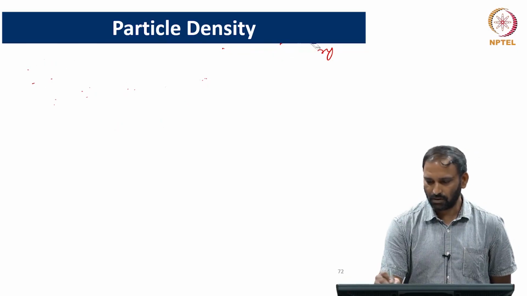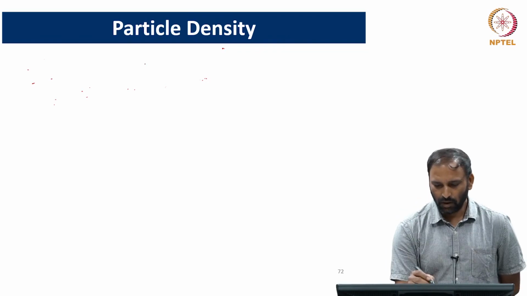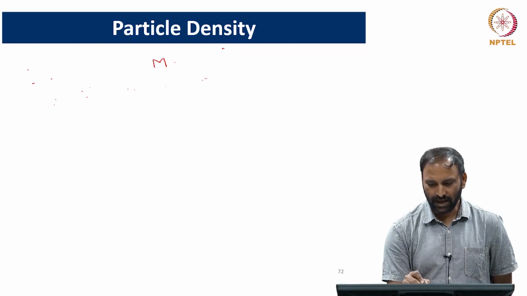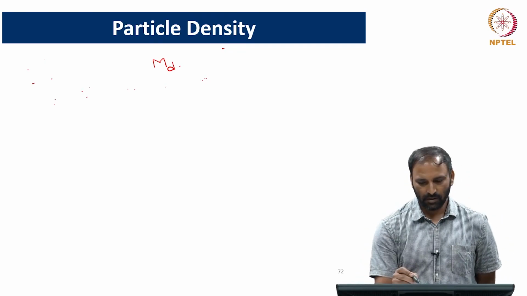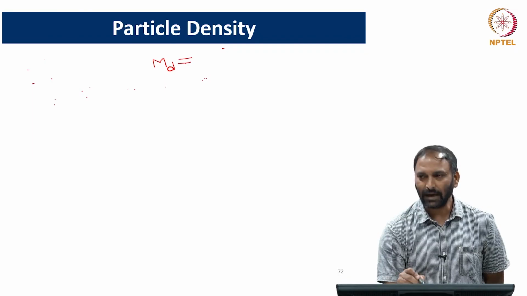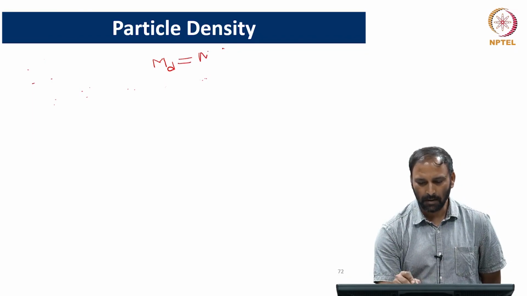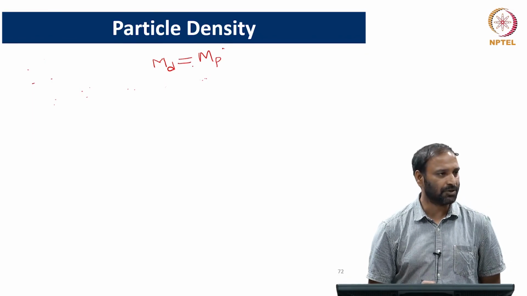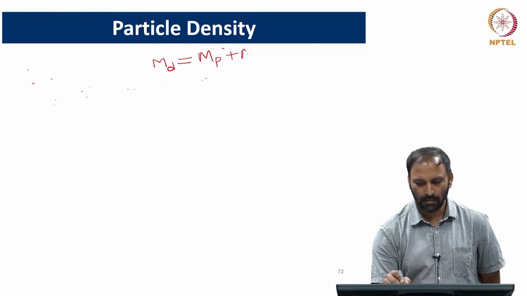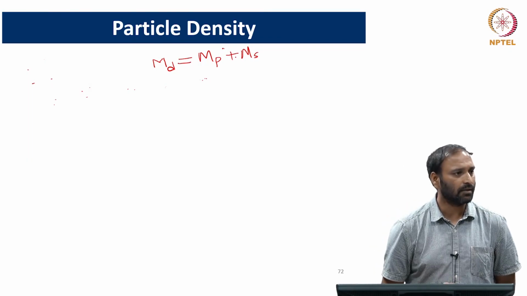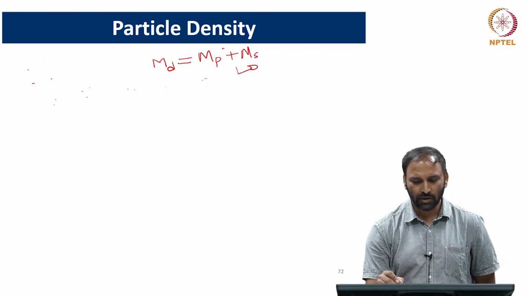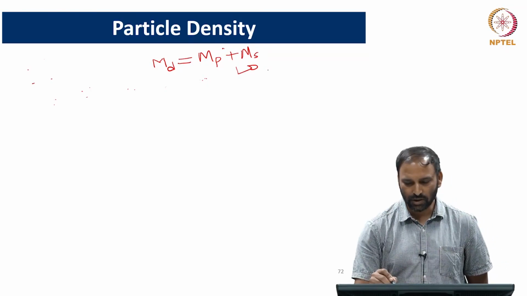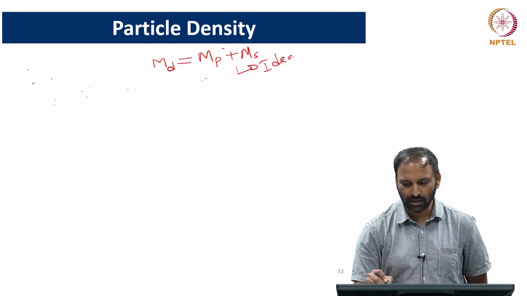Okay, let us think about this. If I have a dispersion, if m_d is the mass of the dispersion that I have, I can write that as the mass of the particle in the dispersion plus the mass of the solvent. Is that okay? And this is only true if I am considering what is called ideal mixing,